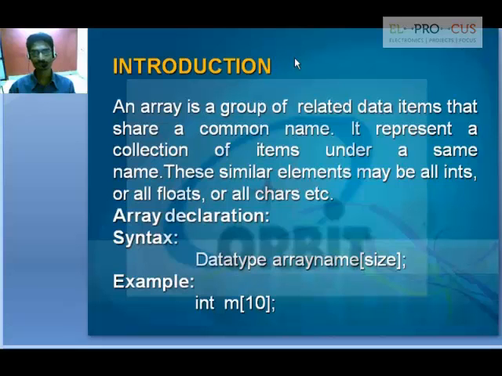An array holds a number of data items according to the given size. The declaration has a data type, integer, float, or character, the name of the array, anything, and the size, which should be more than 0. For example, int m braces in which 10. So